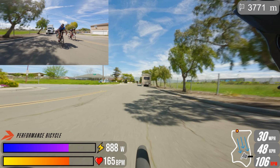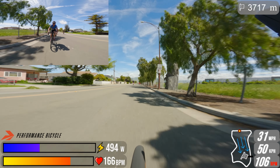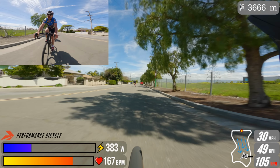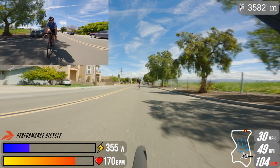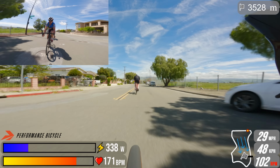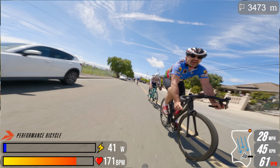And what I'm doing here is I just want to see if I can snap that elastic and force some separation in the group, which, in hindsight, looking back now at the rear camera, you can see there were some small splits developing, meaning people were having to do a hard effort just like I was, but it wasn't quite hard enough to make that late race breakaway that I was hoping for. But at least it was enough to finally bring Matt back,